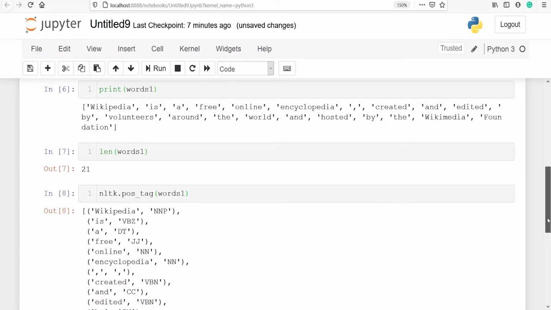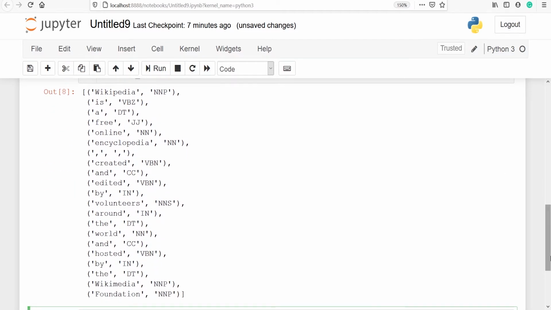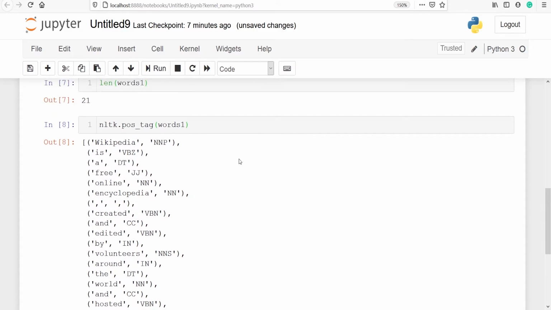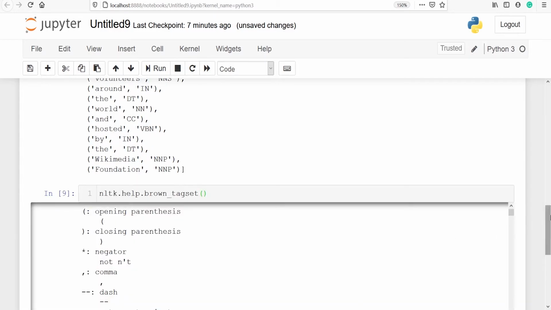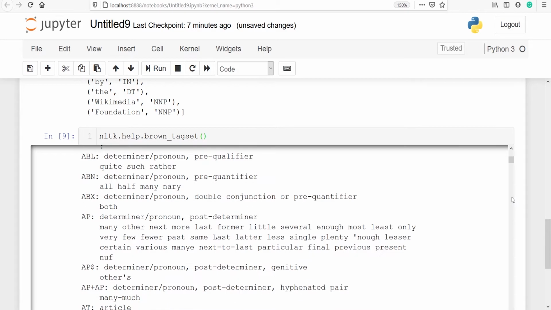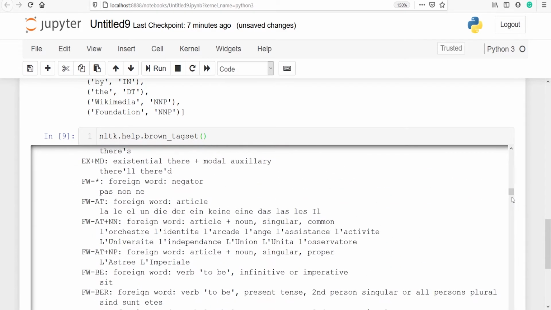In the output, you can see that we have done parts of speech tagging, and all these are tags like verbs and so on. We need to know the full form of these, and to get the full form we have one function here, from nltk.help.brown_tagset. Let's execute our code, and here you will find the full form of the tags.